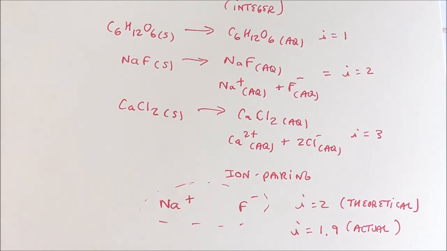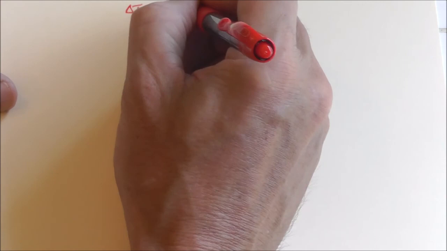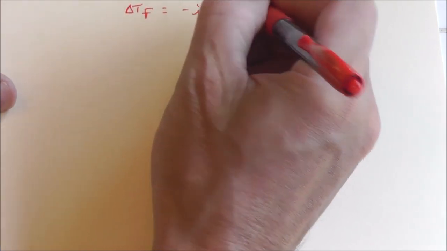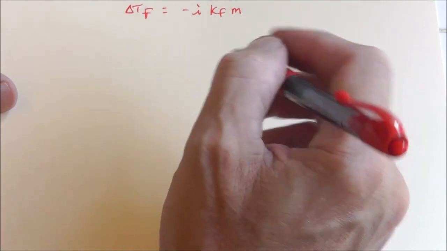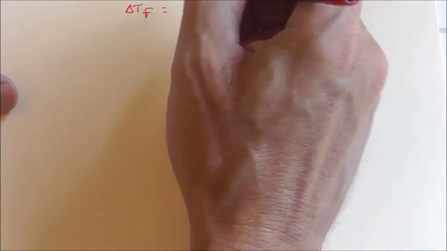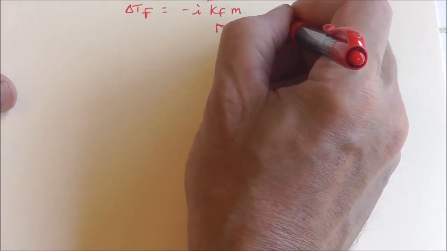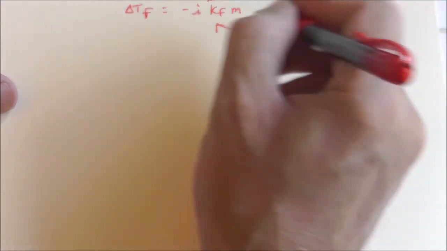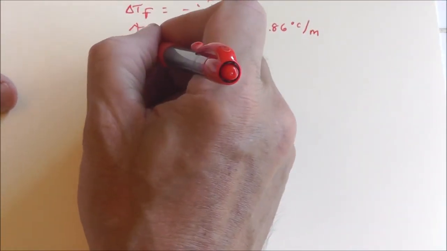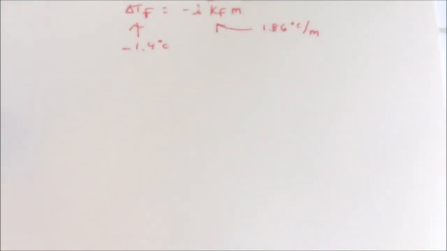So what we got going on, folks, is we're going to have to stick an I of 2 in there, because I'm sure this is the world of the homework problems where everything's theoretical. So when I do this, I am going to have to include I. So it's delta T F equals minus I K F m. And then we're going to plug in everything we know. Since I know I equals 2, because they gave us a hint, since I've looked up, this is 1.86 degrees Celsius per molality unit, and since they gave us minus 1.4 degrees C,